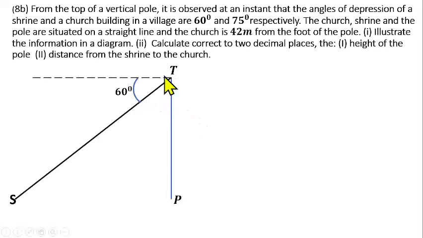I'm not going to draw it here, because if I draw it here, the angle from the initial side to that line will be smaller than 60. But the angle here is greater than 60, which is 75. So the line is going to come here, because we draw the angle from the initial side to this new line, which will be 75 degrees, more than 60 degrees. So don't forget that